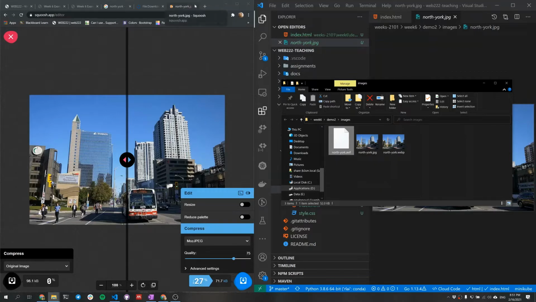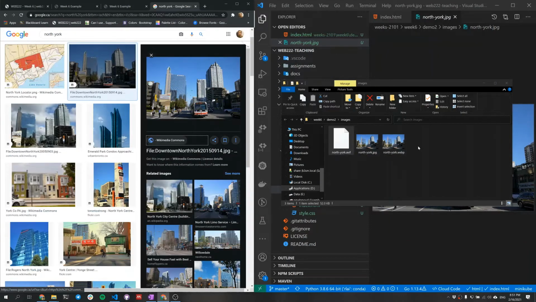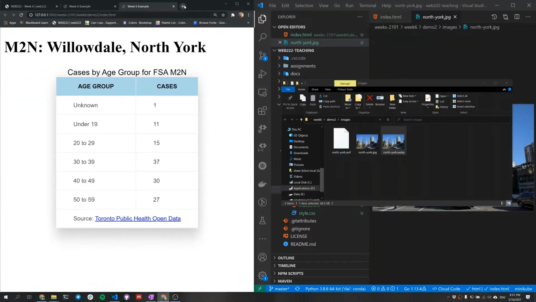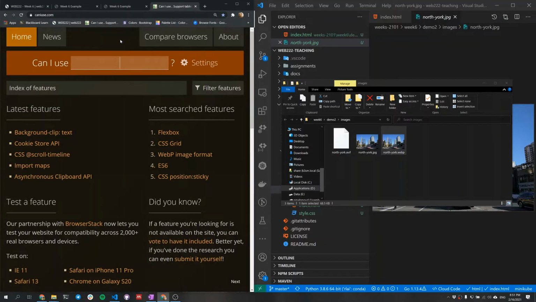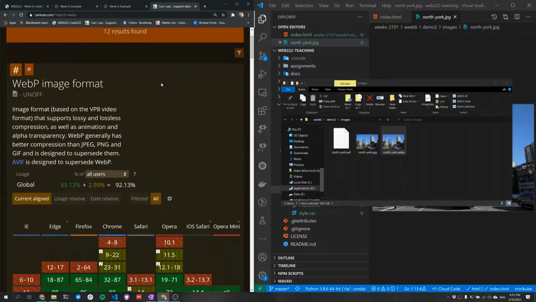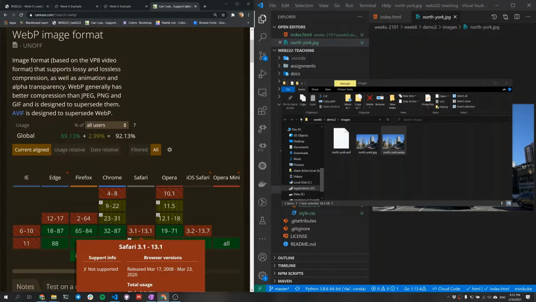But whenever you want to use a new format, for example, WebP is created by Google and maintained by Google, and it's a new format that allows much smaller file sizes. So if I wanted to make sure that my users can open up this website, first of all, I can use the Can I Use website to make sure that these are supported. So as of now, WebP is supported for 92% of users, but generally Safari is not giving it a very good support,